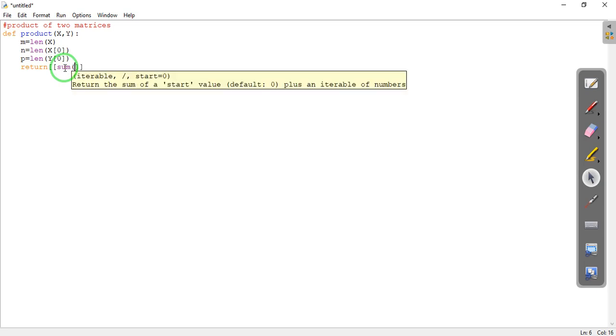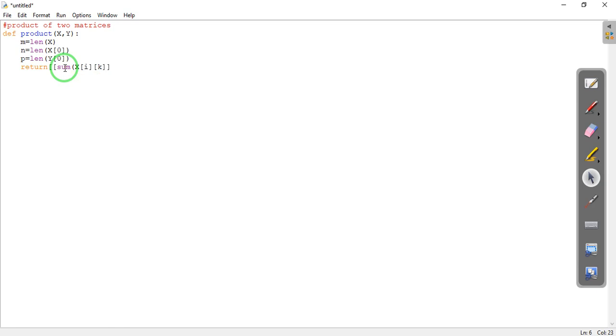So we need the sum of the entries of matrix X: X i k into Y k j.